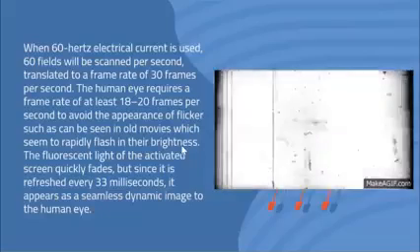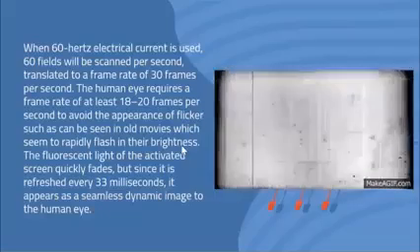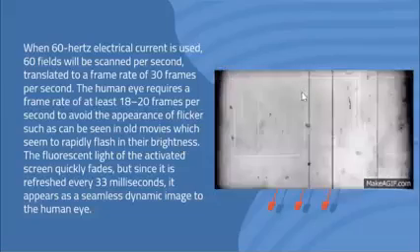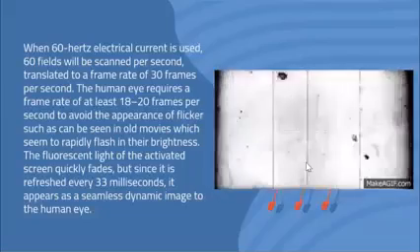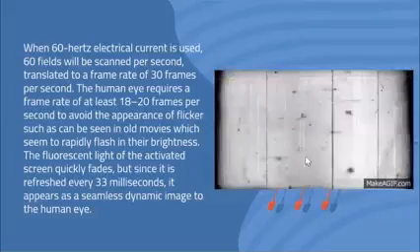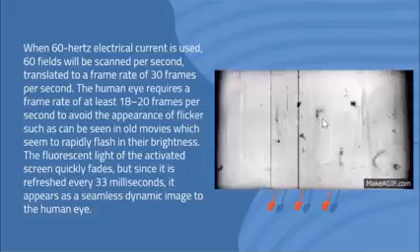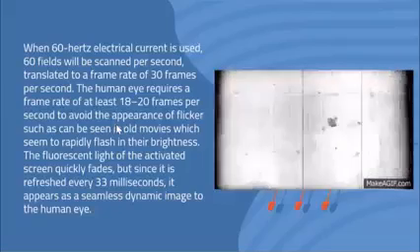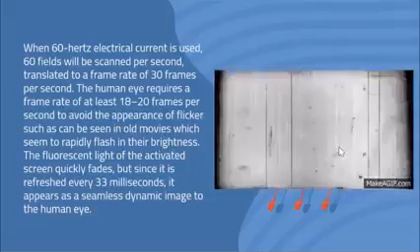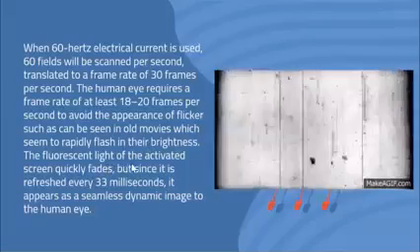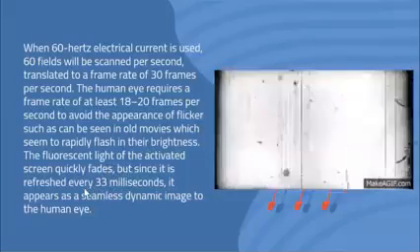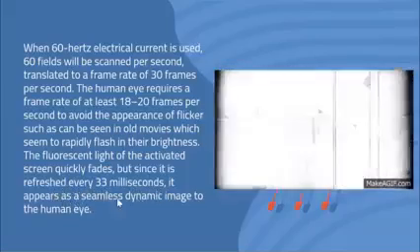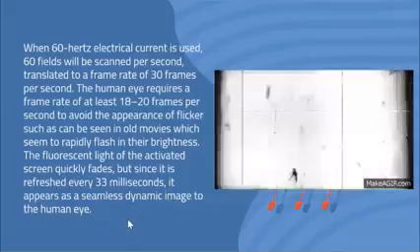The human eye requires a frame rate of at least 18 to 20 frames per second to avoid the appearance of flicker, such as this one, which can be seen in old movies, which seem to rapidly flash in their brightness, which is present in some of the CRTs. So it should be at least 18 to 20 frames per second, which is the capacity of the eye, so that it does not flicker like this. Okay, the fluorescent light of the activated screen quickly fades, but since it is refreshed, the refresh time is every 33 milliseconds,